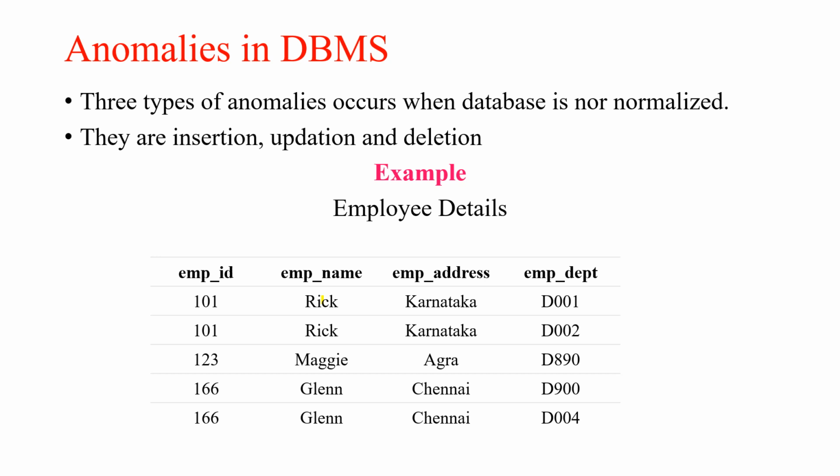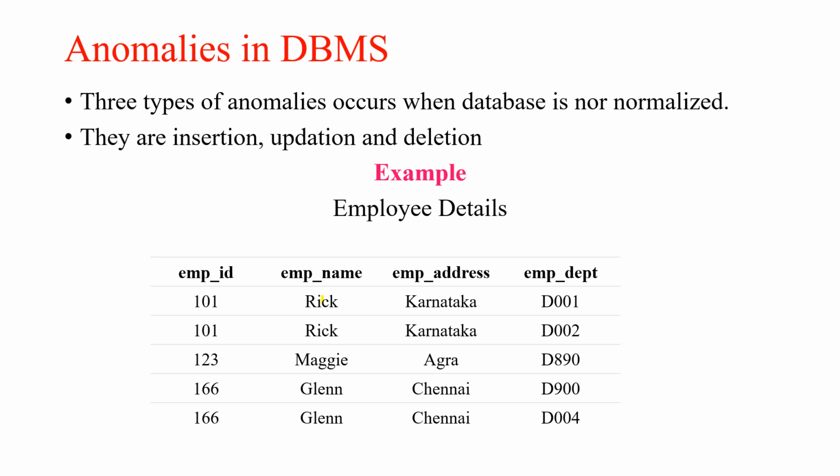If we want to update the address of Rick, we have to update the same in both rows or it will become inconsistent. If somehow the correct address gets updated in one department but not in the other, then as per the database Rick would have two different addresses, which is not correct, and it would lead to inconsistency of the data. Let us take an example for the insert anomaly. When a new employee joins a company, is under training and currently is not assigned to any department, then we would not be able to insert the data into the table if the employee department field does not allow null values.